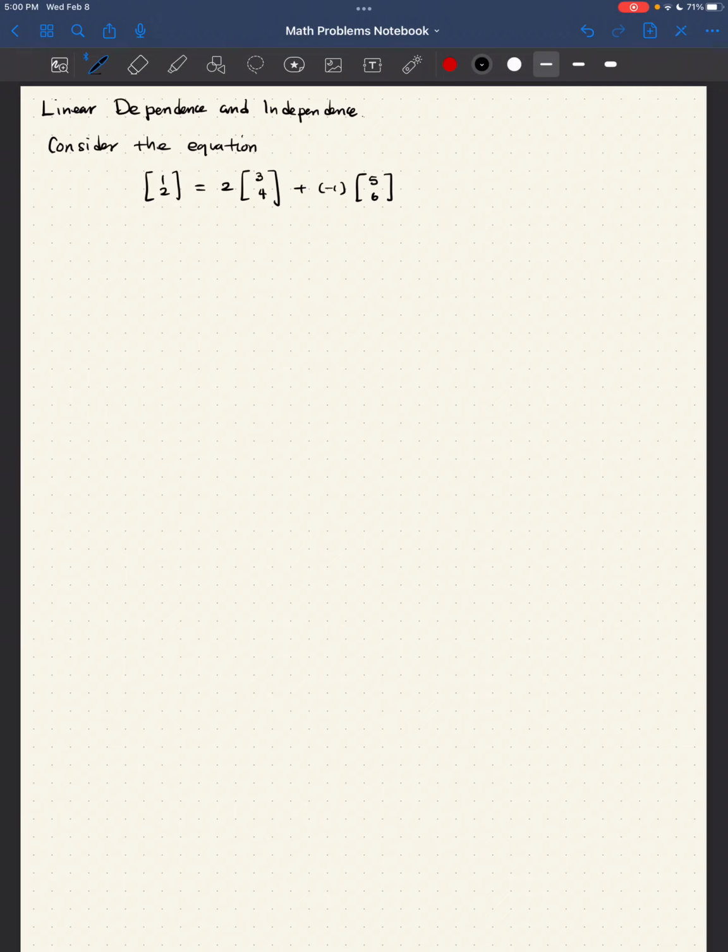Hello. So this time we're going to the details about linear dependence and independence. And to that extent, consider the equation given by these vectors. What is this saying, right? Well, this says, or this indicates,